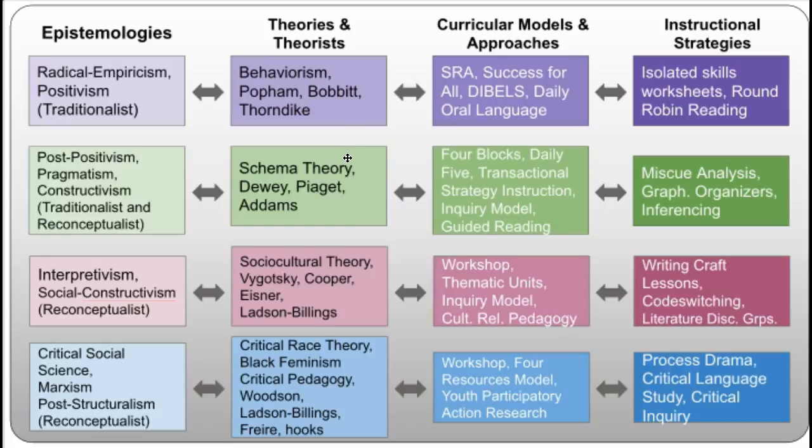When we jump into coherence theories, we're really looking at these two, the green and the pink lines of thought. So we're looking at post-positivism, pragmatism, and constructivism. And the same thing with interpretivism and social constructivism. What's interesting here is, as I was putting this together, I was trying to think about Pienaar's ideas, and I guess I was thinking about these ones in green here as being really aligned with both traditionalist and reconceptualist approaches to curriculum. And I say that because things like schema theory and constructivist theories have often been taken up in